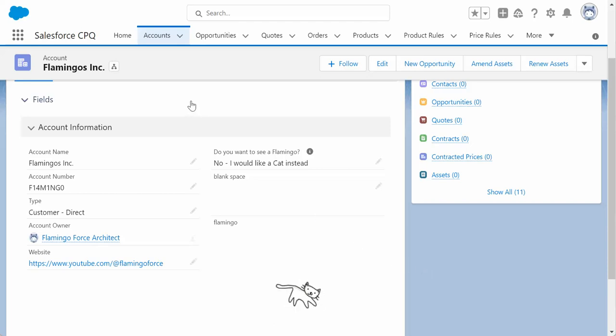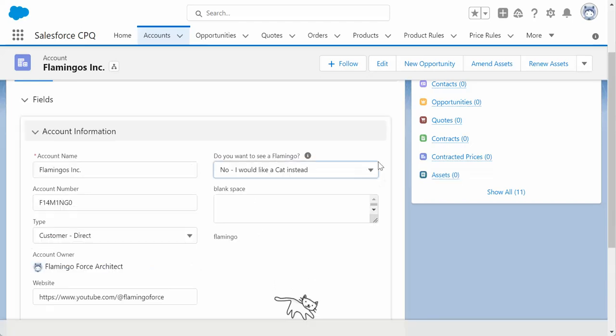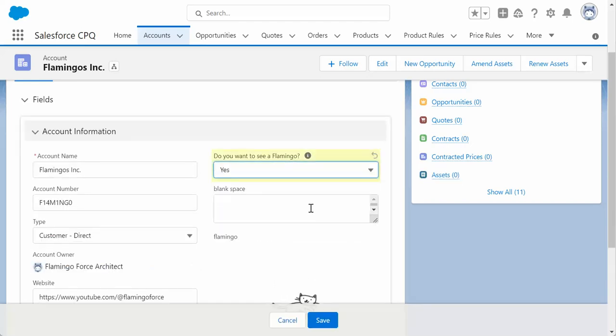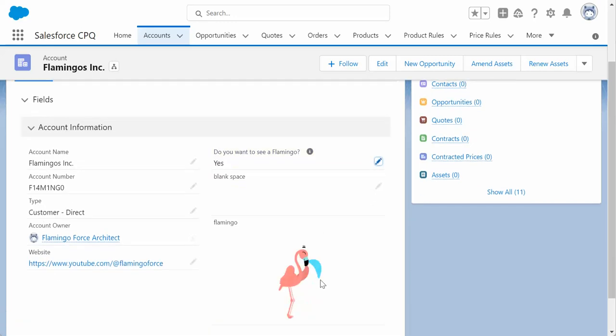On this page, you will see that we have several fields. Do you want to see a flamingo, a blank space, and a flamingo field? Right now we have "no." I would like to see a cat instead, so let's go ahead and update that to see our flamingo. We will hit save